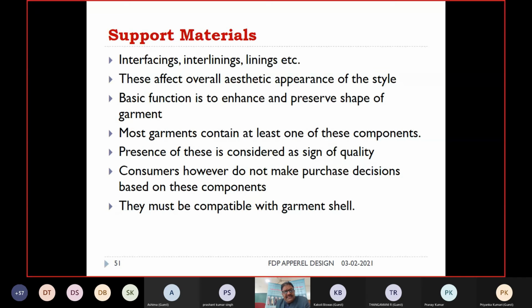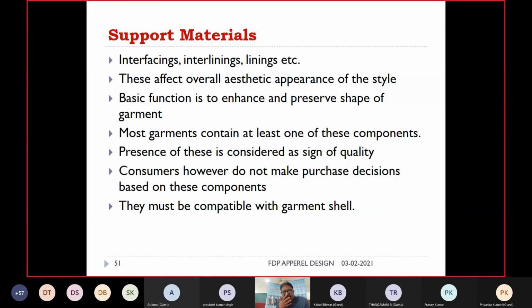Support material, interfacing, interlining, linings, affect the overall aesthetic appearance of the style. The basic function is to enhance and preserve the shape of the garment. You must have seen in Christian weddings the bridal gowns with very big skirts. So how do they maintain that shape? With the help of some support materials.